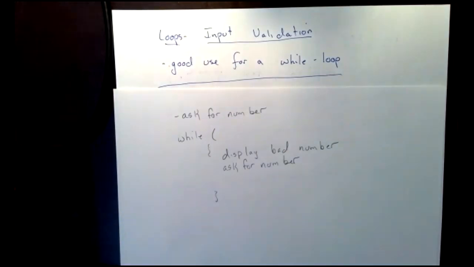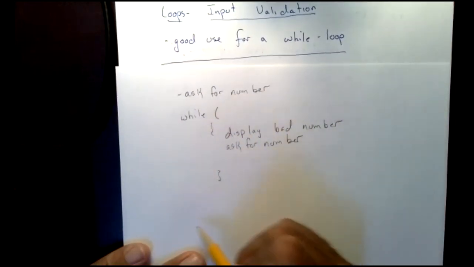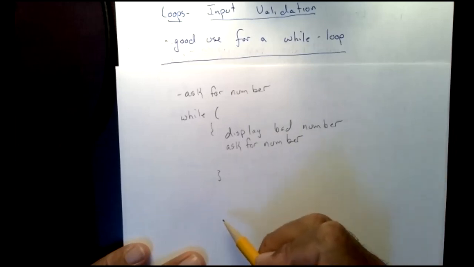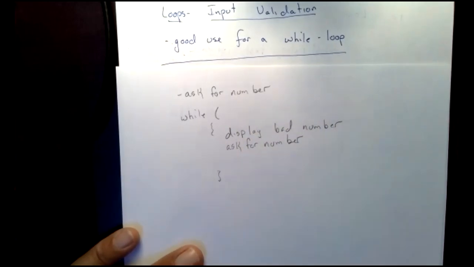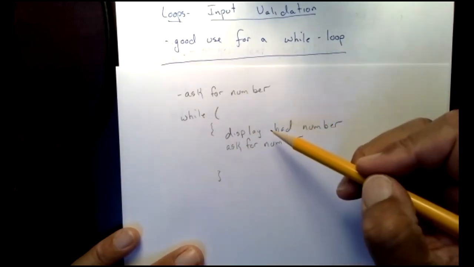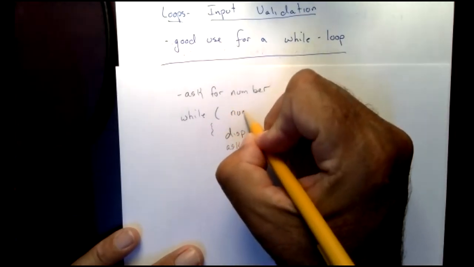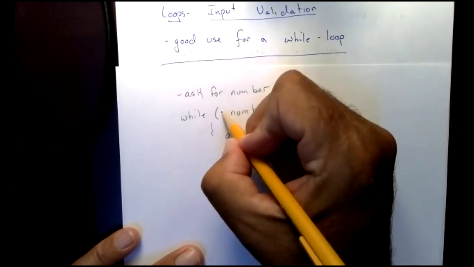While, and now I want the number to be between 1 and 30. As I say it, I'm saying while, and if it's good, between 1 and 30, I want to move on. If it's bad, I want to display bad number and ask for a new number. So what would make the number bad for me to stay inside of here? Well, one case would be if number is